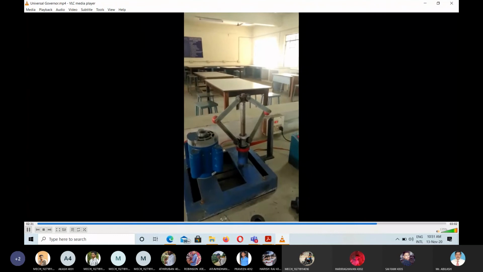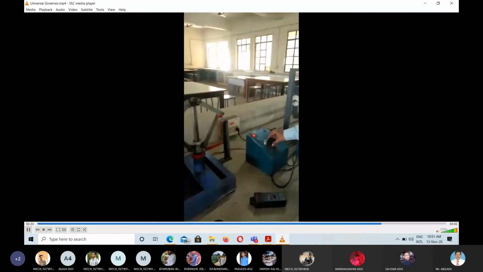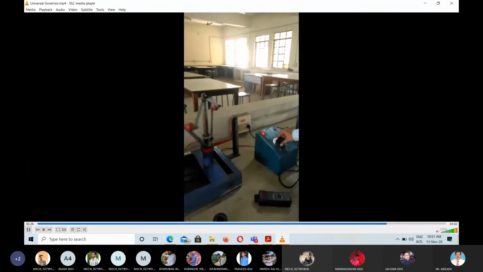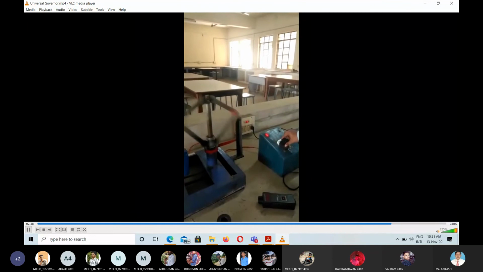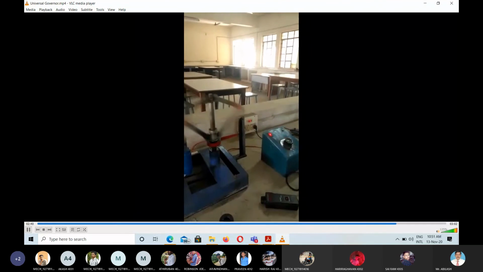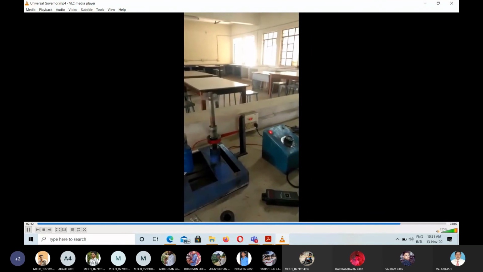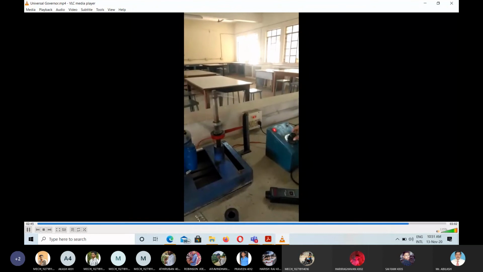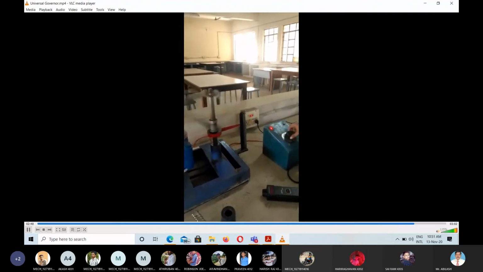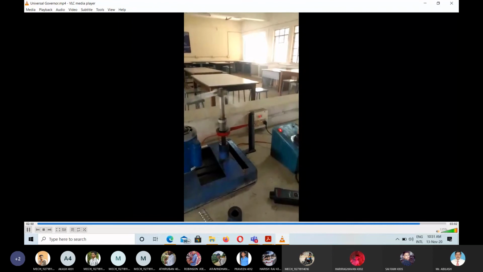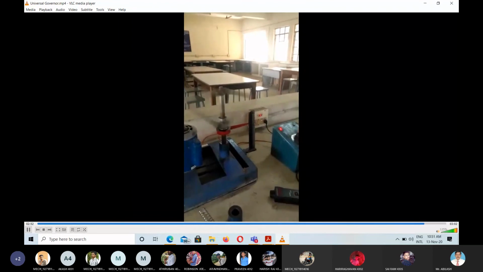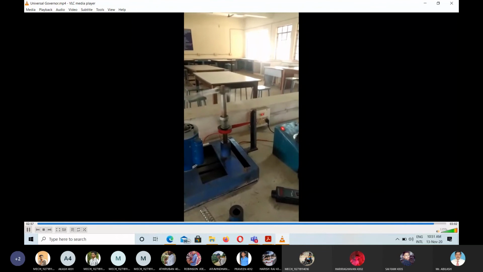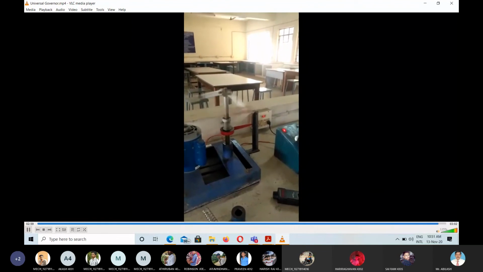Let me start. With the help of the starter, I am going to feed the current. You are able to notice that while the speed increases, the sleeve starts to move. For a particular sleeve distance, we are going to note down the speed. This is the governor experiment. Once you finish the experiment, zero down the